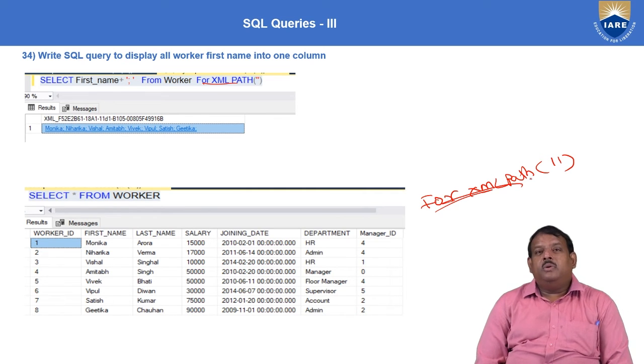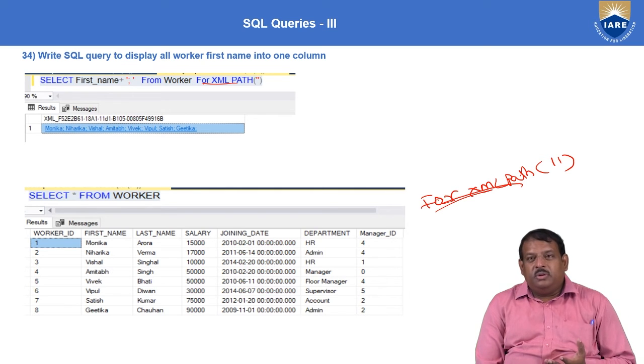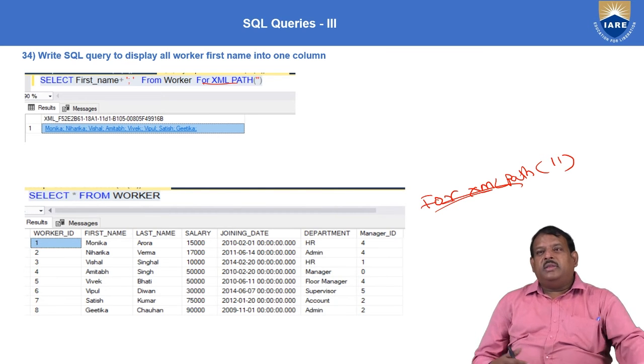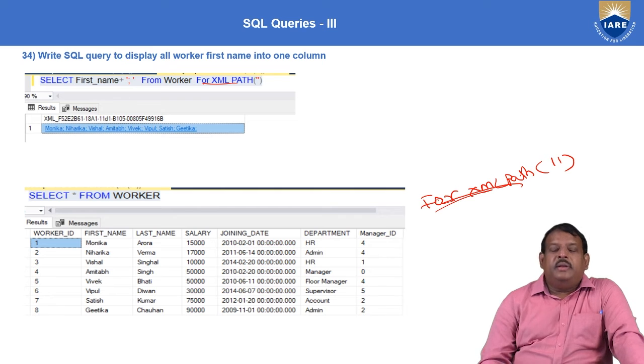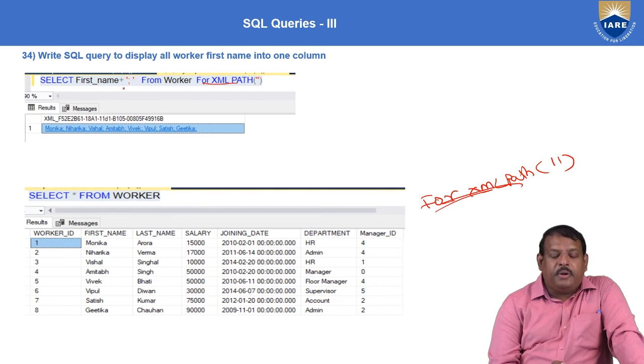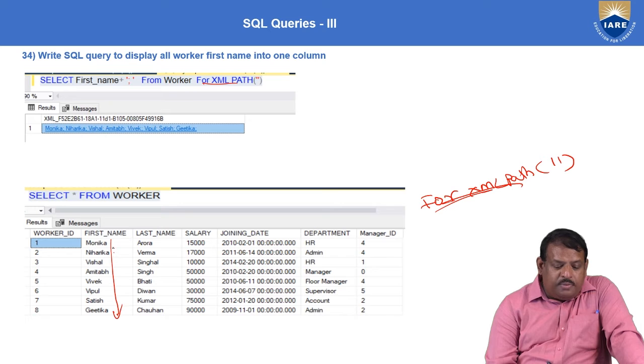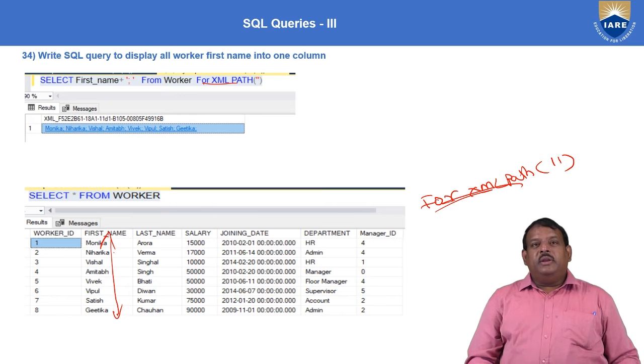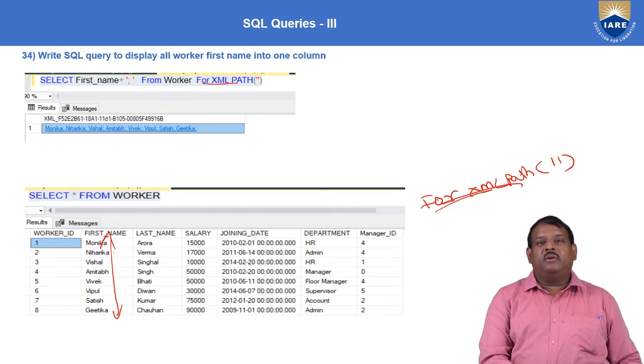Now what is this going to do? Suppose you want all the first names as one column, separated by a comma. If you see here, Monica, comma, Niharika, like this, all these eight first names will be displayed as one column with a comma separator, because here I am using a comma symbol.